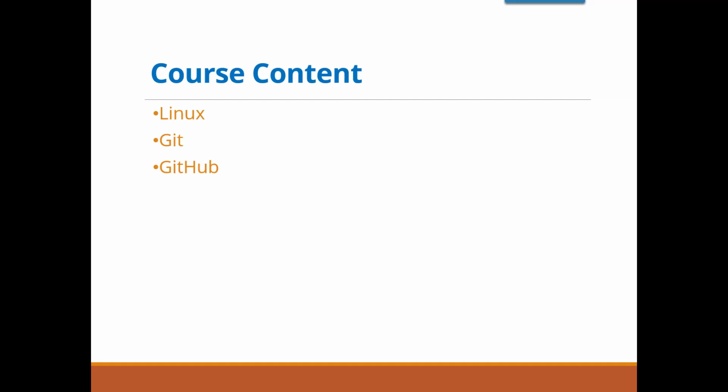Now Git works on your local laptop or local machine. But let's say you are working in a company where you have your counterparts in the US, Europe, and this code needs to be shared with other developers as well. Then we have to host that code on a platform like GitHub, GitLab. So we are going to learn Linux basics, then Git, how to manage the source control, then how to manage the remote repositories, which we will cover in GitHub.